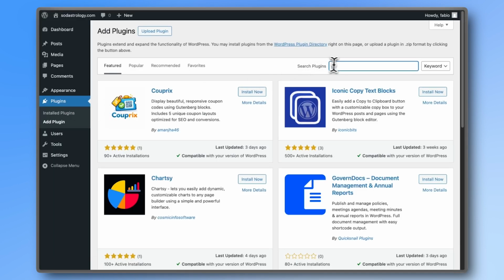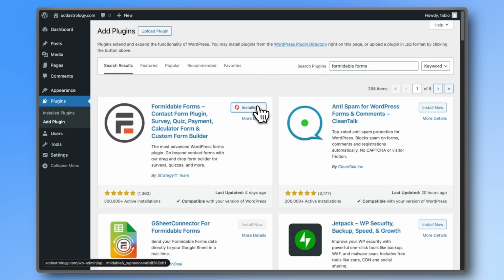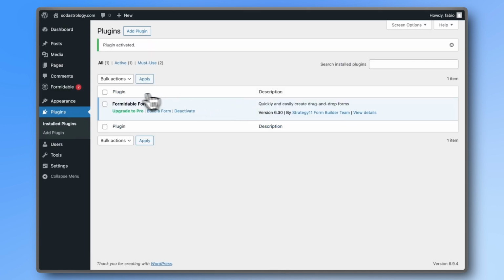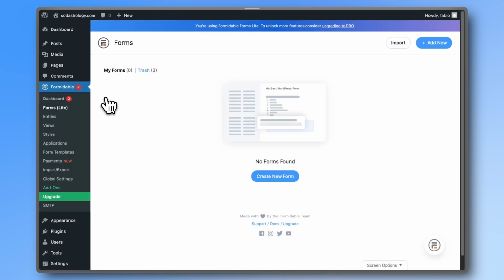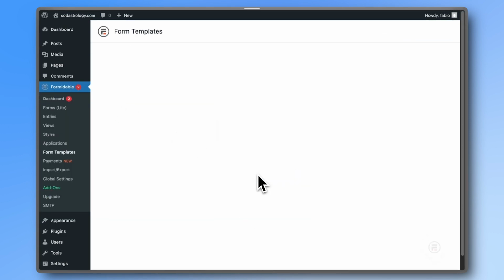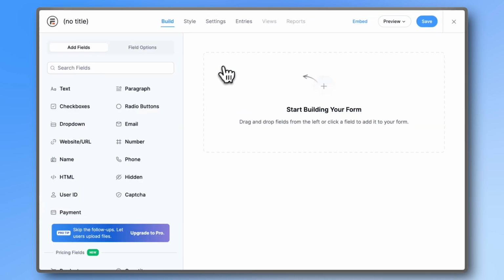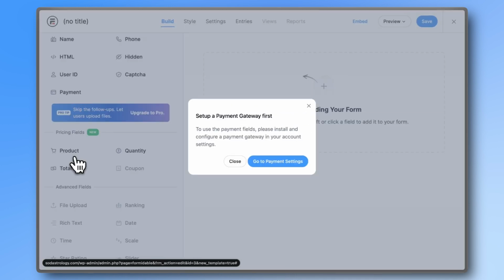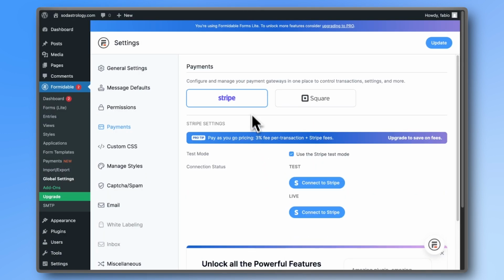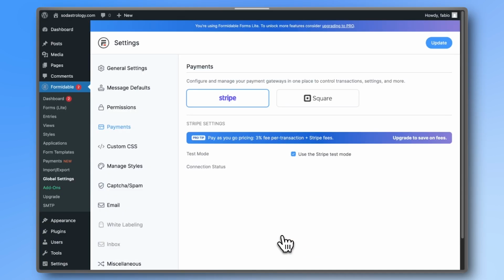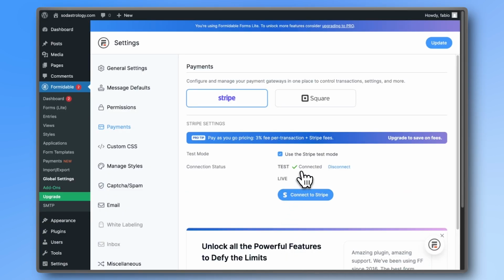First, install Formidable Forms from the WordPress plugin directory. Now click on Forms and create a blank form. Before you can use the pricing fields, you first need to set up a payment gateway. You can choose between Stripe and Square. Let's set up a test Stripe connection. Great! Now go back to your form